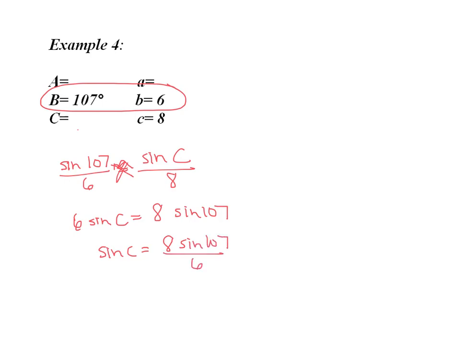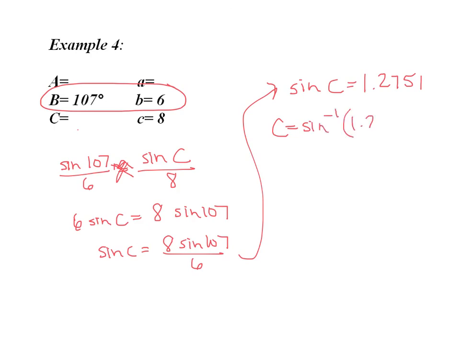Now when we enter that in our calculator, you're going to get the sine of C equals approximately, I believe it's 1.2751. Remember, we're still solving for an angle, so we have to do second